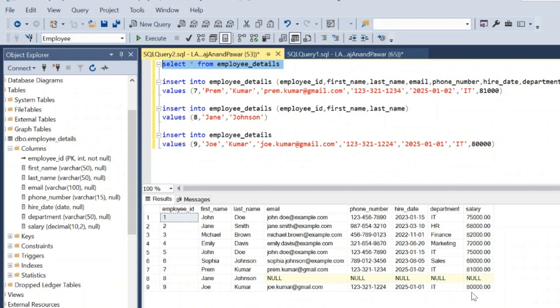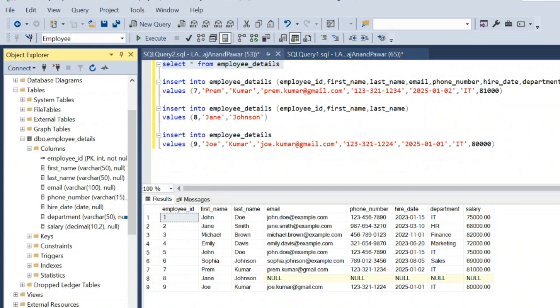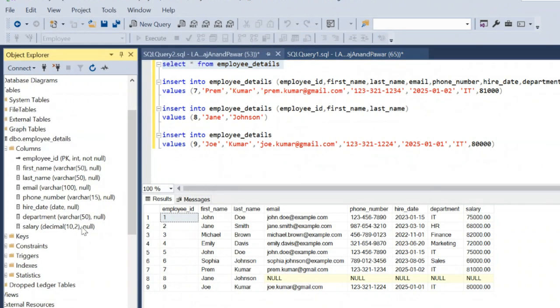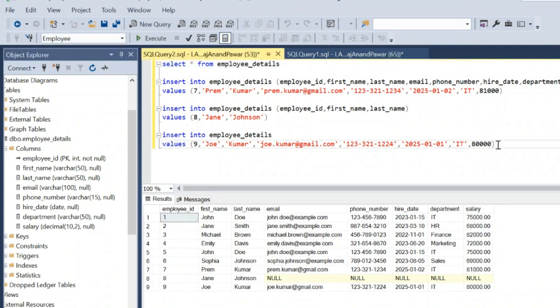So at the start we discussed, if you are not aware of the data type and what exactly the limit for the data is, you can check here from the tables. Go to the tables, and in the columns you can check that, you can see here. And I told you there is another way you can check using a query. So for that you can write